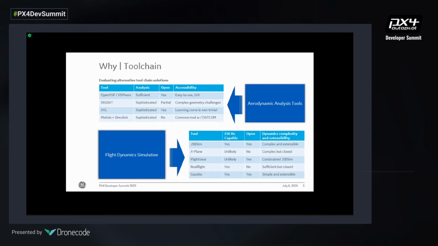So today I'm going to start out by talking about the why with selecting the tools that we did. So we broke the tool chain down into two primary tools. First, an aerodynamic analysis tool. So the table at the top left here, you see that OpenVSP and VSP Aero. That's what we ended up picking. But basically, it's an open source NASA tool that has a linear vortex lattice method solver. Also has a panel method solver